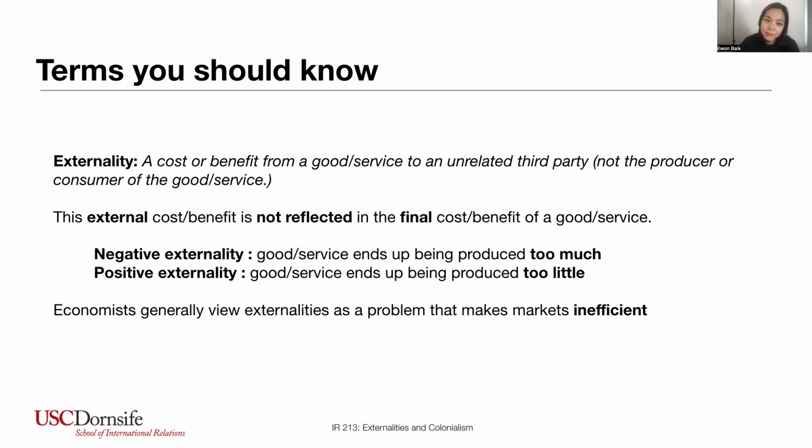So an externality can be both negative or positive. A classic example of a negative externality is, let's say there's a power plant that's producing energy and I'm a consumer and I am buying electricity. So there's this transaction. An externality of that transaction is the pollution, right, which creates global warming and bad air quality, both of which are harming a lot of people who are neither the power plant owner nor the purchaser of that power. And all that harm, that social cost, it doesn't show up in the price.